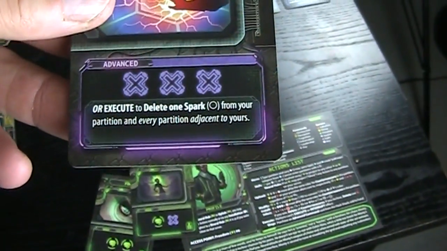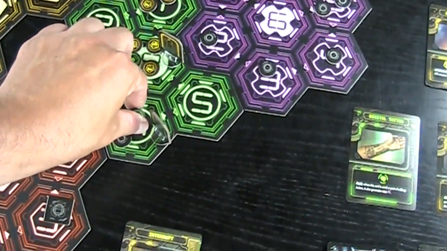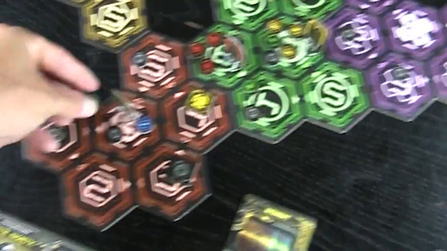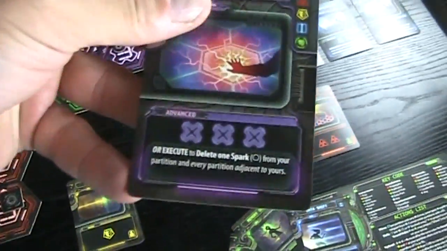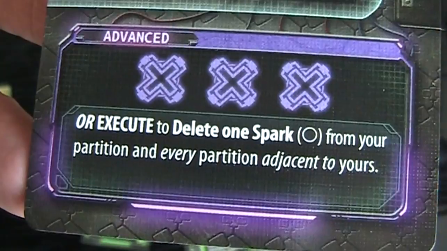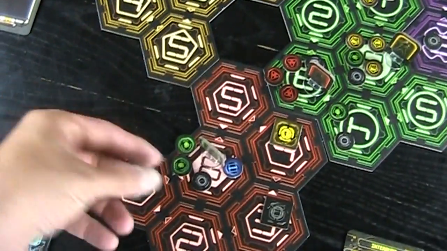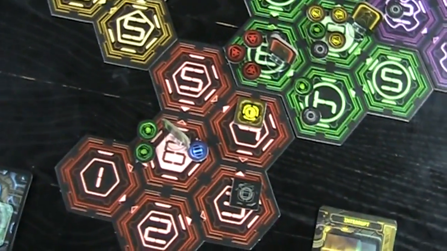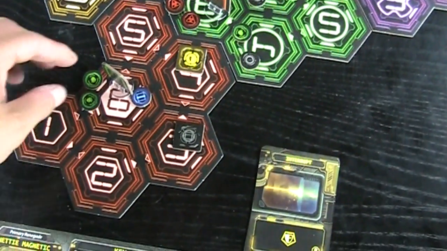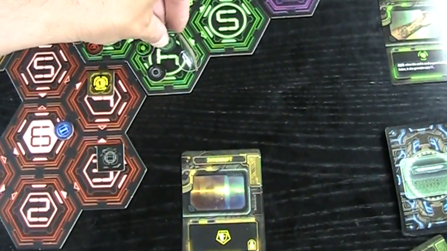Oh fuck, man, look at that. Wow, this is a great card. You know what? I'm going to do that before. So I'm not going to move. I'm going to place that card instead. I think that's better. I'm going to keep the data shift here for now. I'm going to execute this thing. Delete 1 spark from your partition and every partition adjacent to yours. That's fantastic. So that is something I'm going to do. So these 3 sparks are removed. That's a very powerful command in this situation. And now I will move 2 spaces into here,